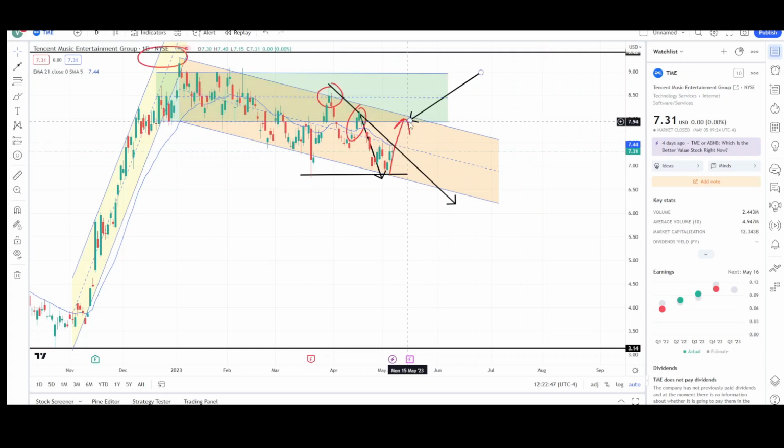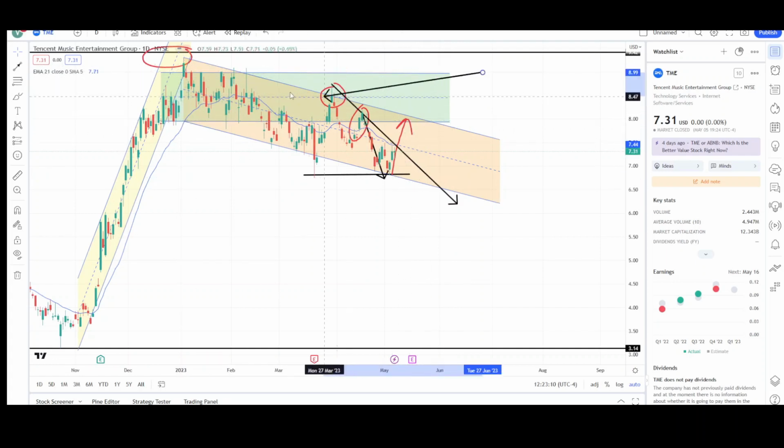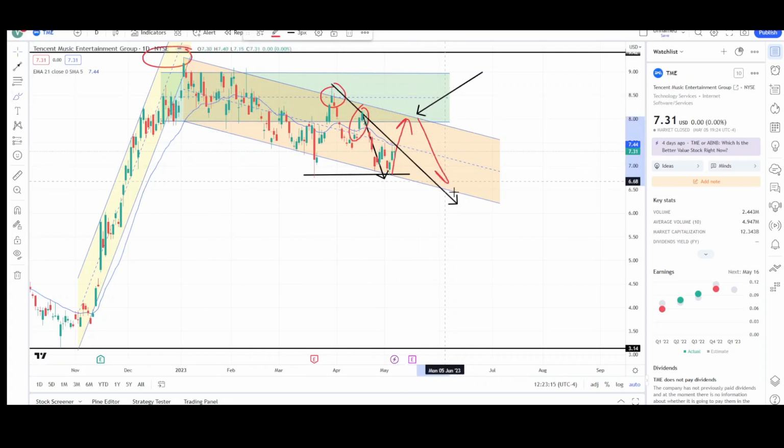But if we just go up there and get rejected, there's a good chance we just continue to drop down lower. So what it looks like we're going to be doing in the short term is seeing a short-term bounce up, probably to the $8 level. If we decisively break it and we can hold that level on the downside, then there's a good chance we continue higher, probably back up to the $9 level. If we come up there and get rejected, then you can see the channel is holding as resistance, and there's a good chance we go lower towards this measure move target, the bigger one that's not met yet.